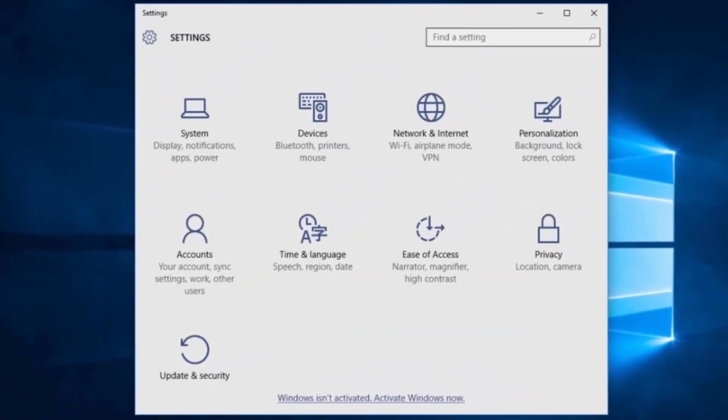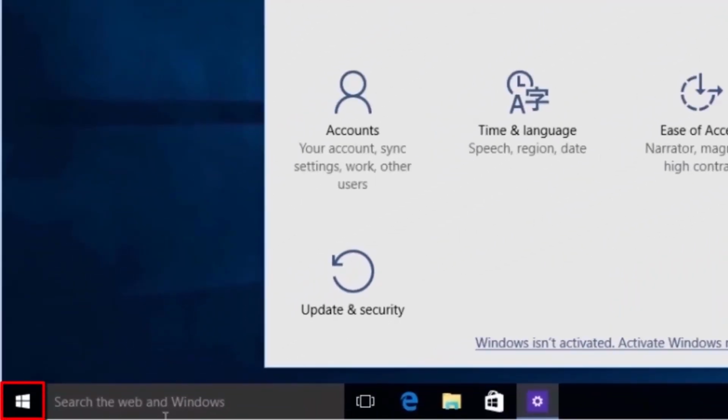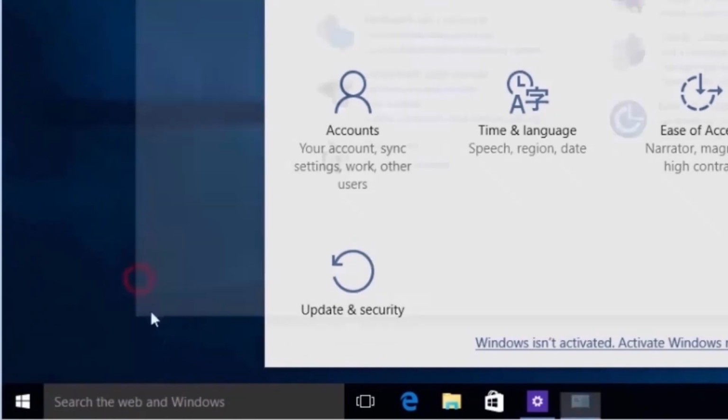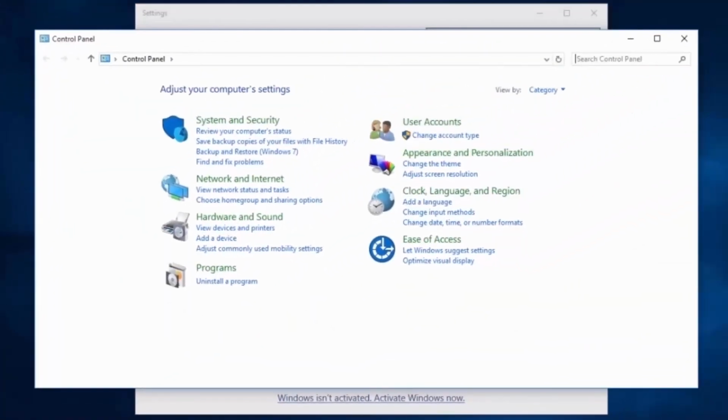The Settings app is a more simplified, easy-to-use version of the old Windows control panel. Microsoft is gradually moving as many settings as possible to the new interface, so there's a single user experience across desktops, laptops, tablets, and phones. If you prefer to use the old control panel, or need a feature not available in the new Settings app, it is still available through the Quick Access menu. Right-click on the Start button, and select Control Panel. Let's close out of the control panel.